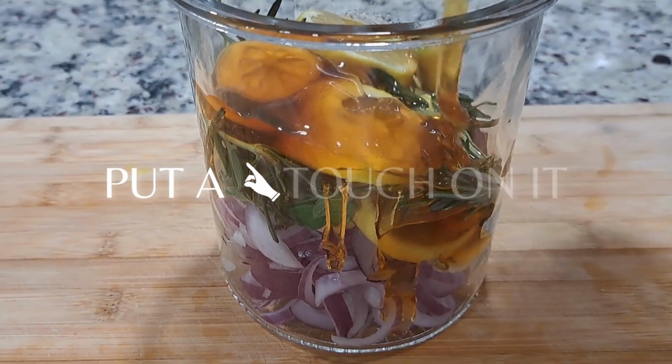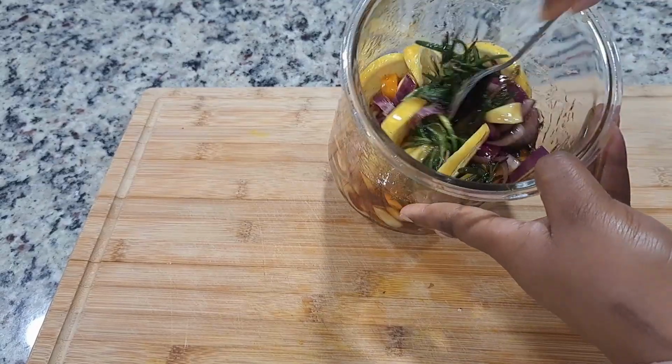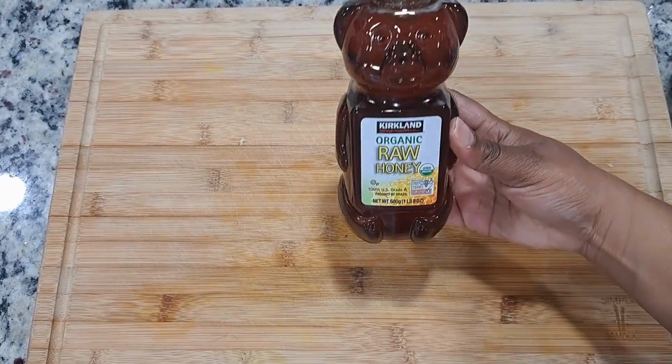I am not a fan of store-bought cough syrup. It's disgusting to me. So I decided to make my own homemade cough syrup using all natural ingredients I picked up from my local market. This cough syrup is a great natural remedy to help boost my immune system. Let's get started. I grabbed some organic honey,